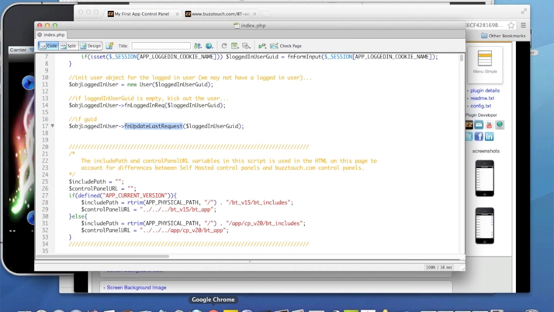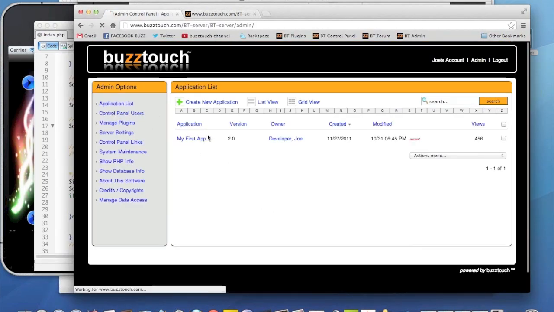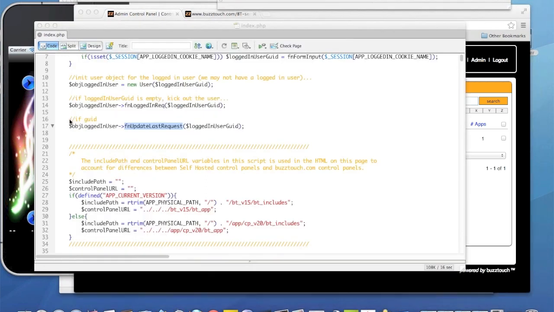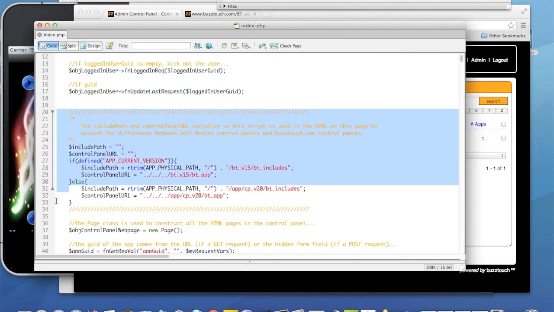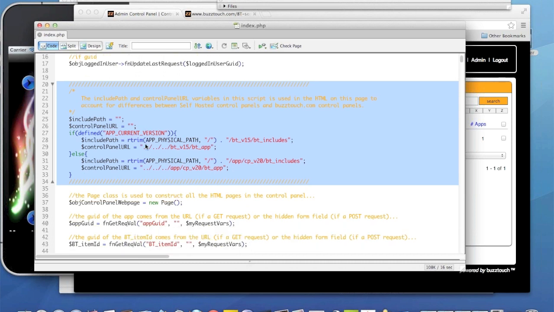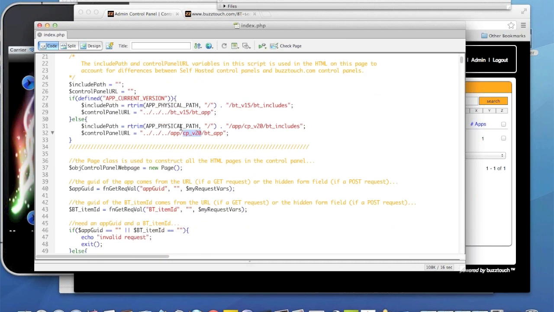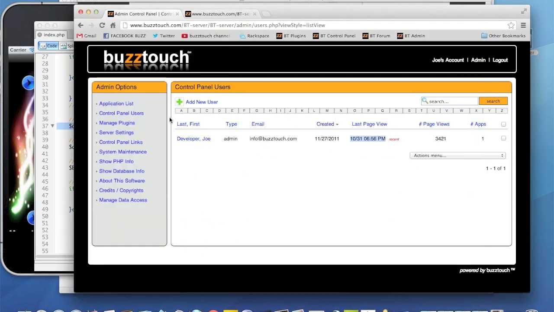And remember, when you're looking at your control panel and you go to admin, you can manage your users and you can see that this person's last page request was right here. So every one of your files will probably have this little routine. Hey, go update this guy's last page request. And we set some properties for the control panel's path, because it depends on whether it's self-hosted or on buzztouch.com. We build a new web page, which is the thing that we're looking at when we go to your